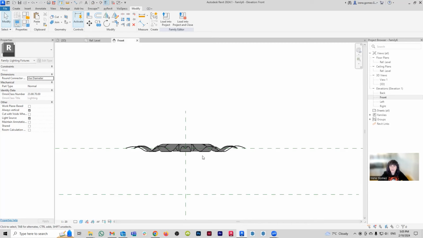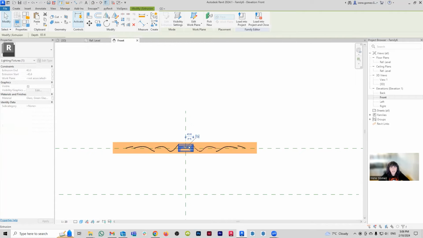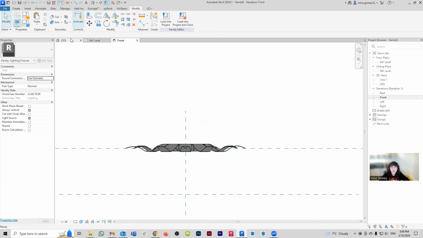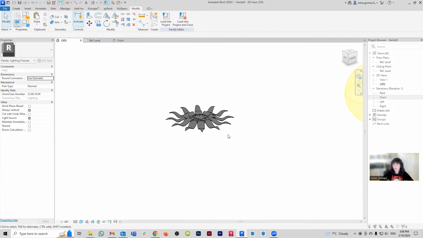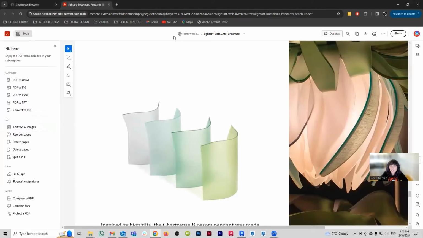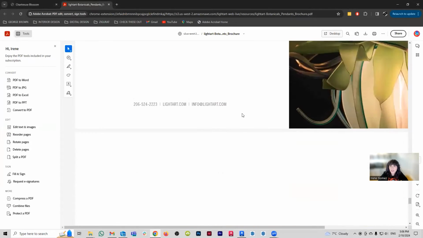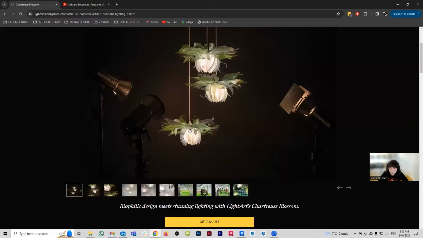So with all of this, what we're going to do now is, and they're already the green material, right? Yeah, glass green. Fantastic. So this is the hardest part of the lighting fixture, which is that petal structure. So what we're going to do now, where's the reference image? These kind of like bulb. And the thing with this is that I'm not actually going to do the petals again. That would be really, really tedious.